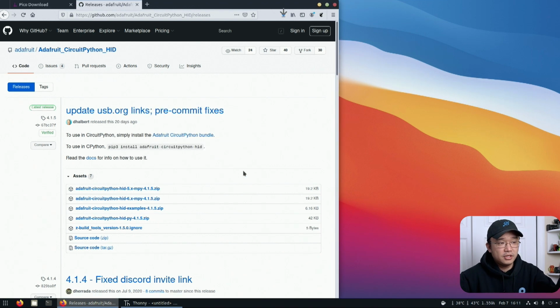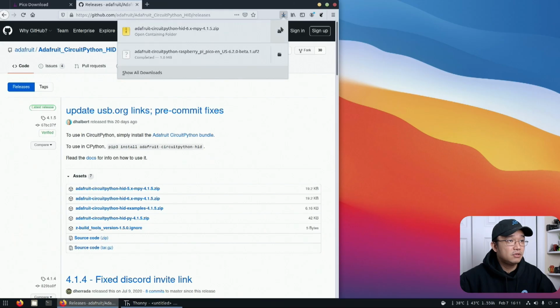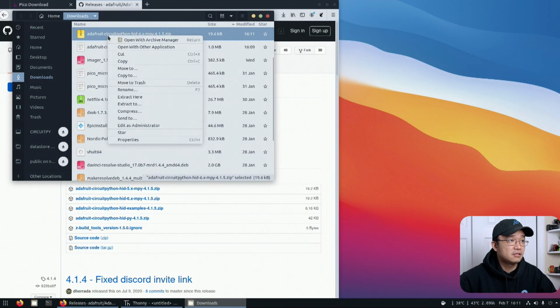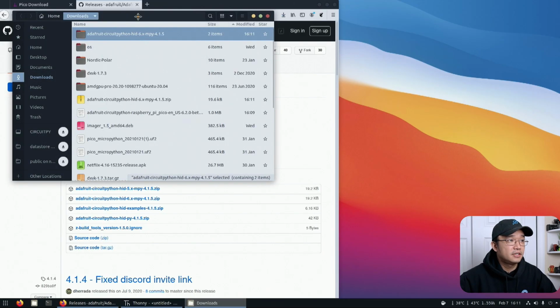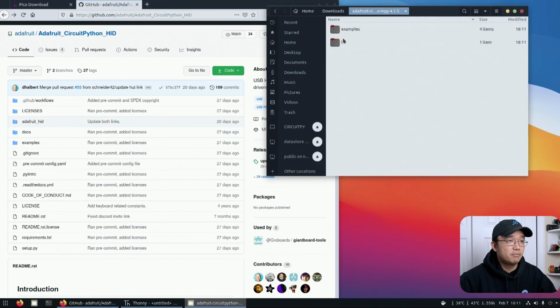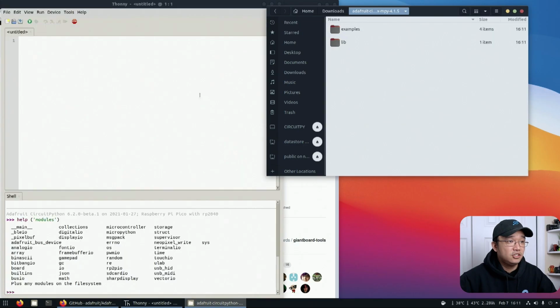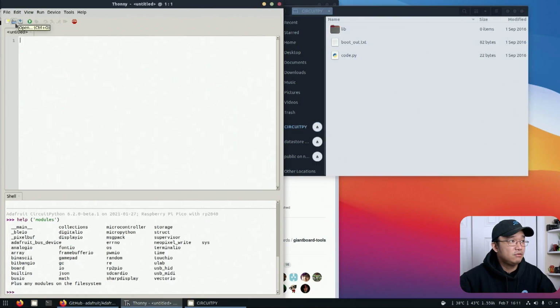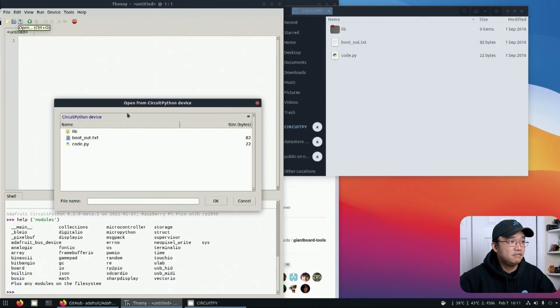And dealing with a board that just has limited space, you do want to use the compressed version. Now, once I am done downloading this, I can extract this, and inside I will have everything that the GitHub had before, which is all this stuff, just compressed. Okay, it actually mounts it as a little device on the side, so you could actually pop over and see what's inside. Like if I was to go open CircuitPython device, lib, boot out, and code, you could see it's